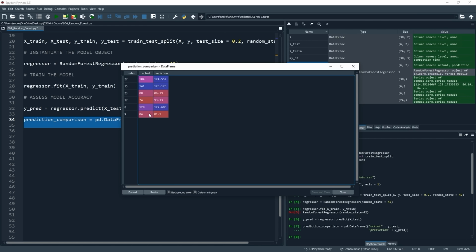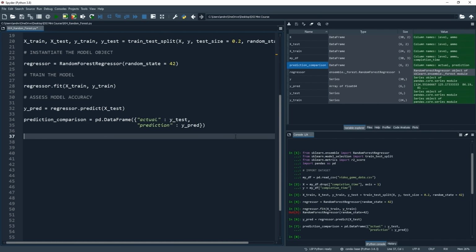And in terms of measuring how good the predictions were, with a regression task like the one we're dealing with here, the most common way to assess accuracy is using this metric known as R-squared. And since we brought in the functionality to calculate that using scikit-learn at the top of the code, this is really easy. So let's head back to the code.